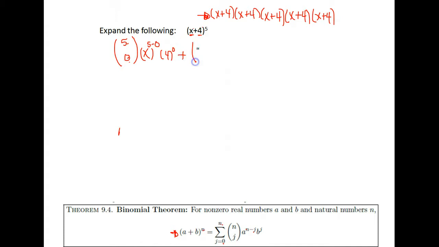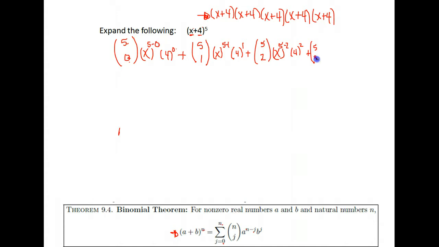Plus, then we go 1 over. Again, our number on top is 5, but the number on the bottom goes up 1 to 1. So then we have x to the, instead of 5 minus 0, it's 5 minus 1. And then our 4, instead of to the 0 power, it's to the 1. So notice here, here, and here, we just went up 1. Plus, again, we start with a 5 here, but we go up 1 to 2 here, and all of those other spots. So we have 5 minus 2 for our exponent here, and 2 for our exponent on the 4,